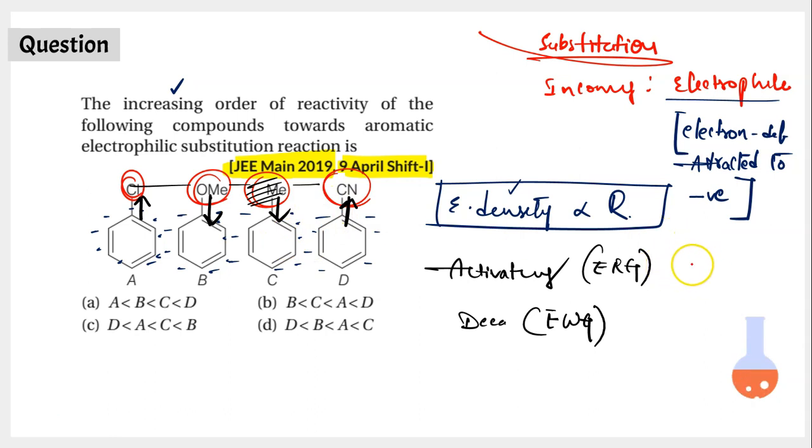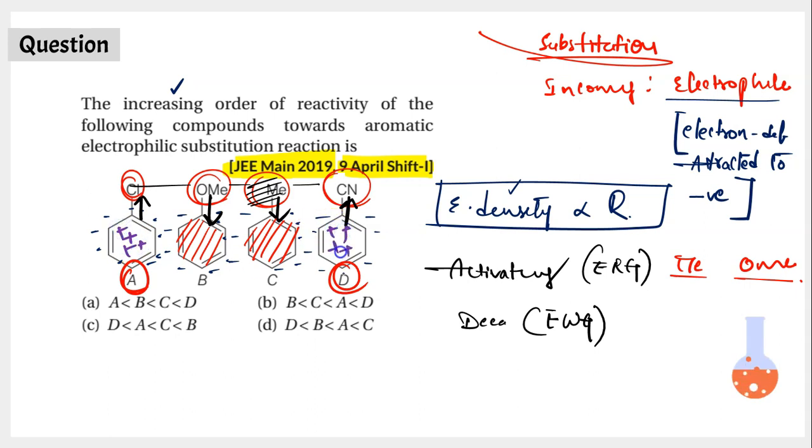So let us take both the activating groups. One is a methyl group, the other one is OMe, the methoxy group. Both of them are donating electrons to benzene. Because they are donating electrons, benzene is receiving electron cloud and it is comparatively more negative than molecule A and molecule D. In case of molecules A and D, the benzene has lost electrons towards chlorine and cyano group, and hence the benzene is electron deficient. Electron deficiency is positivity. The benzene has got a little positive charge. But in B and C, benzene is negative.